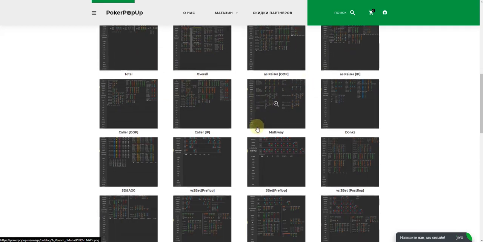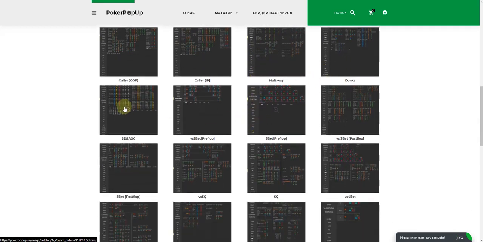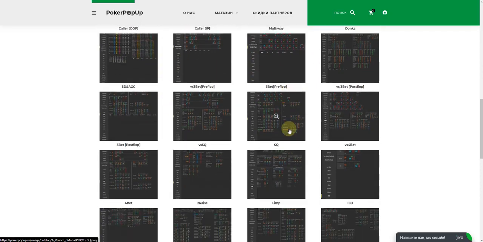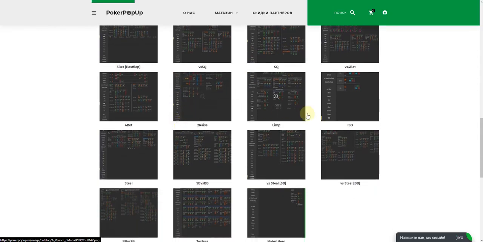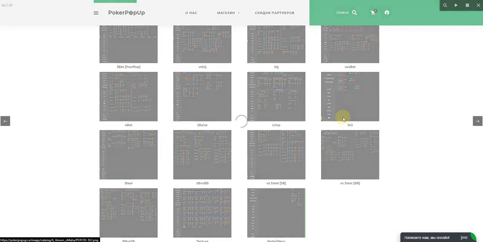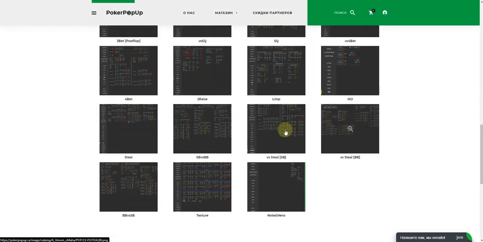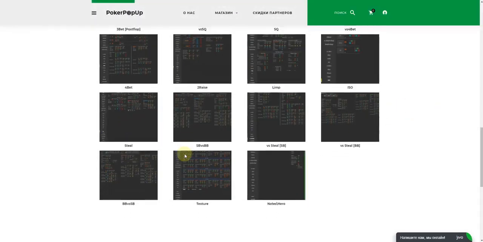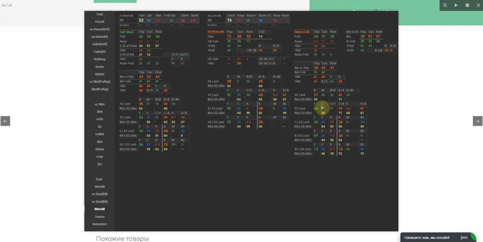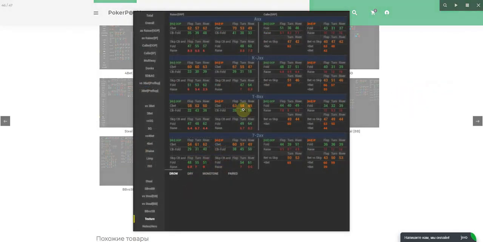Raiser, caller, playing in multiway pots, donks, 3-bets on the preflop and postflop, squeezing, playing in squeezed pots, in 4-bet pots, playing in double raised pots, limps, isolations, playing versus steal on the big blind, on the small blind versus big blind, stealing from positions, including from the small blind, big blind versus small blind,